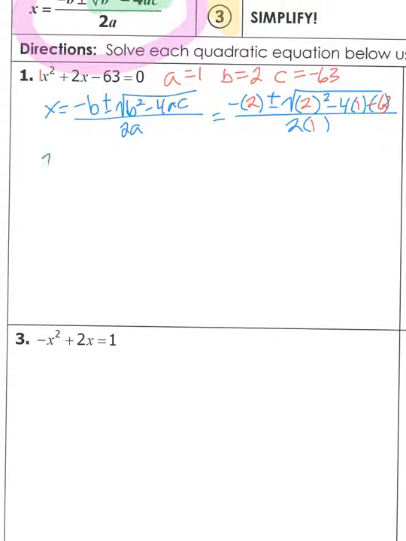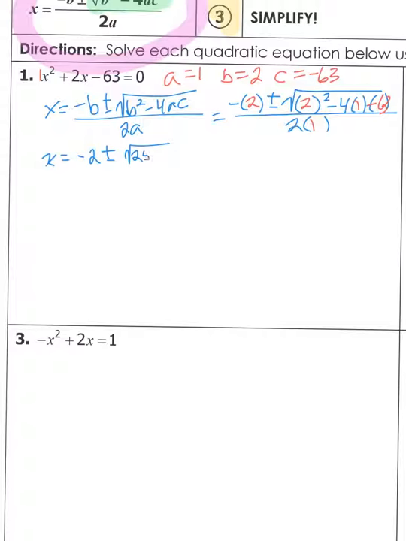So x is going to equal the opposite of 2, which is negative 2, plus or minus the square root of. Now you've got a calculator. Let your calculator do the work, especially if you're terrible at integers and multiplication and division. So if you put this in your calculator exactly as you see it, without the square root, because we don't know that this is a perfect square underneath here, and if you get a decimal, then you know you didn't have a perfect square. So ignore the square root. You're putting exactly this in with all of those parentheses in the calculator. If you put it in correctly, you should end up with